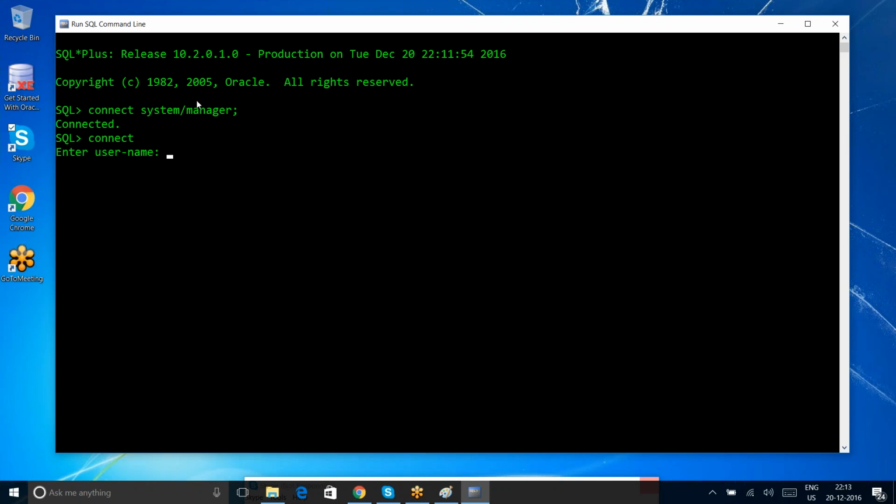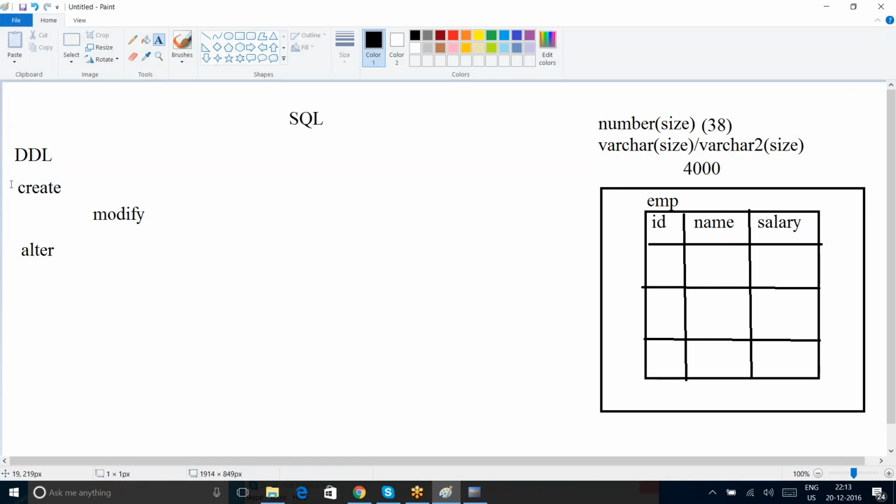so if you connect, it will ask for the username. I just say system and enter, and the password is manager. So when you enter manager, it connects. So next, the two ways are there, and now the third thing is how to create a table